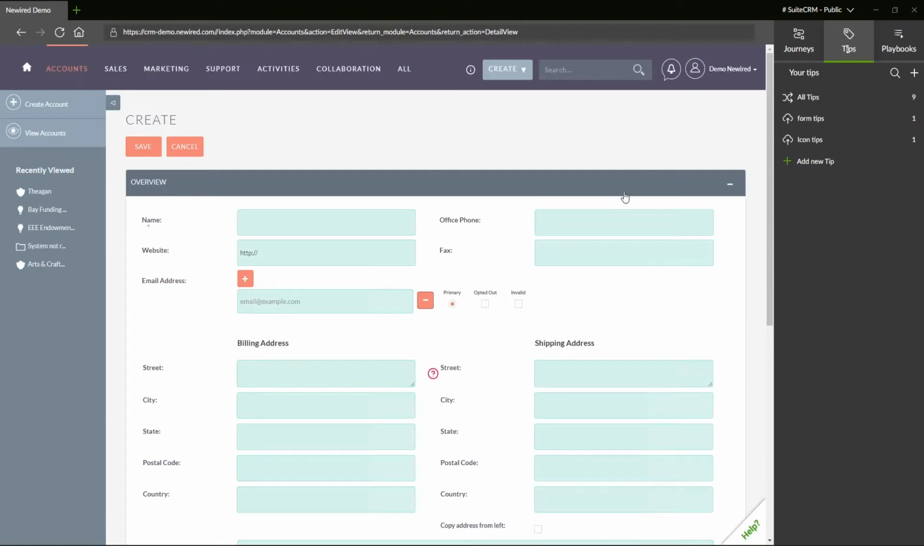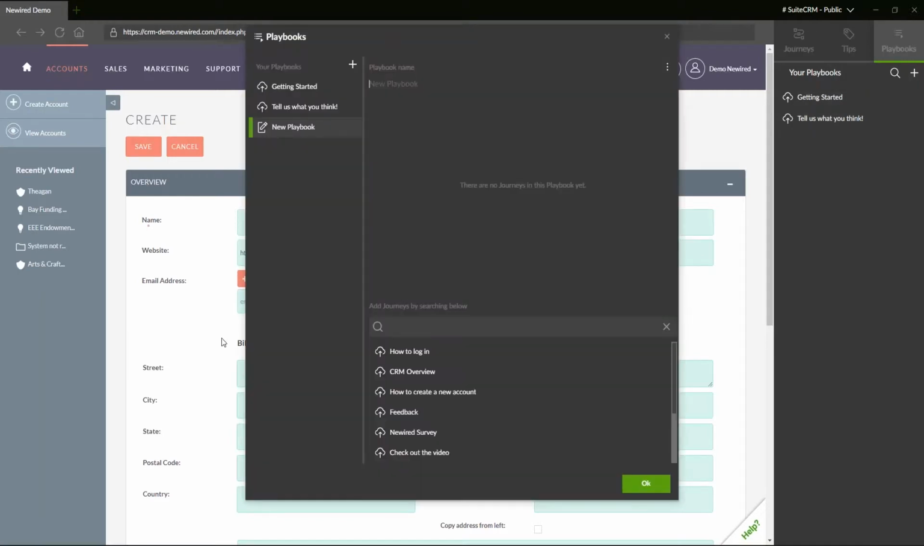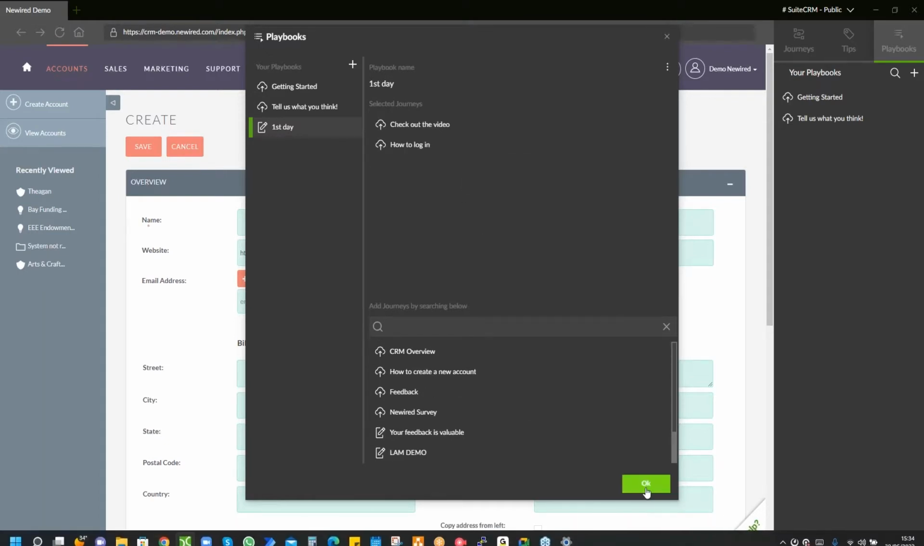So I think that really addresses some of the creativity side of things. You can definitely imagine how easy it would be to create these journeys. Under playbooks, we could have something called maybe first day. First day, we delete the rest, and in the first day we have an option to tell the users to watch a video and log into the application. And if we click OK,